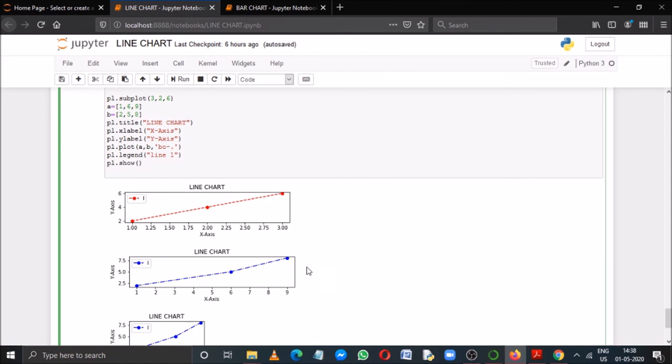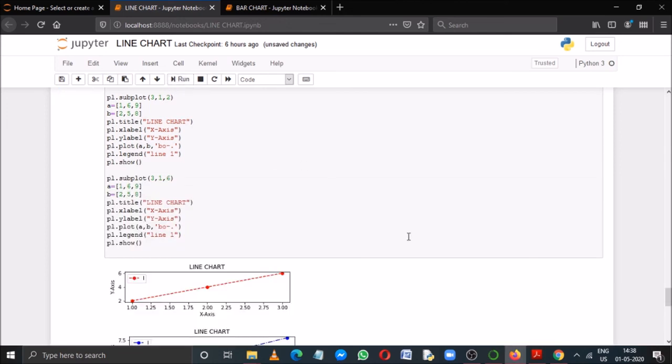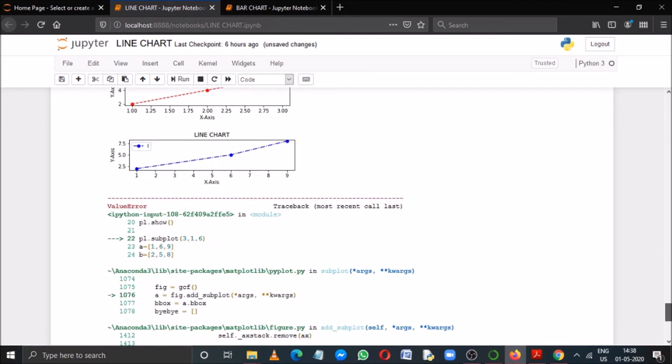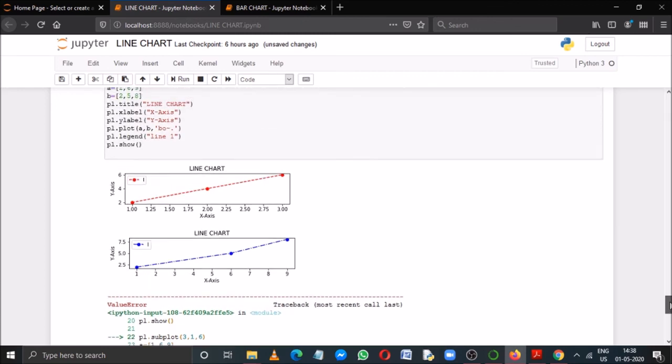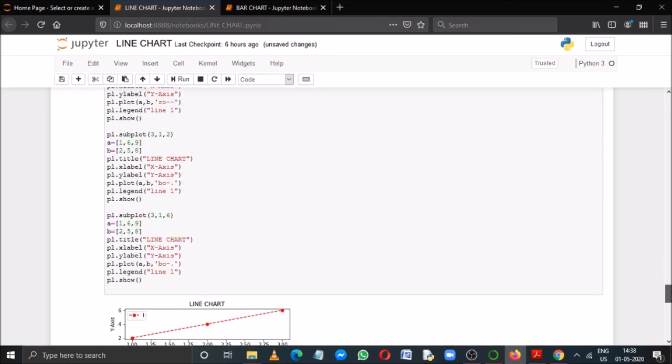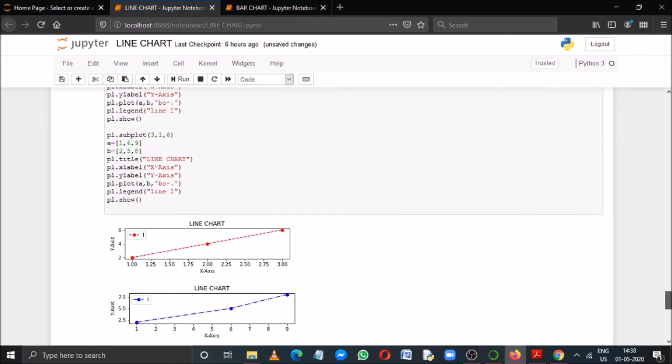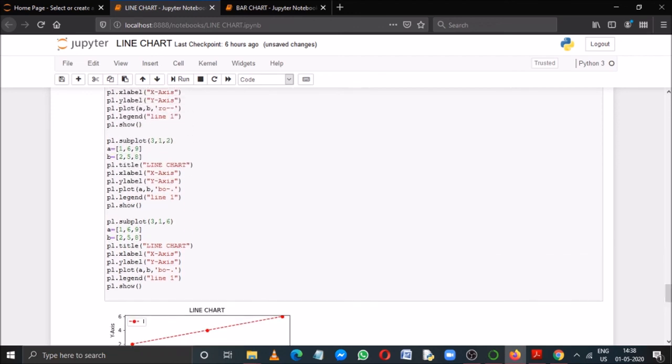Now suppose I change it a little bit, suppose I write 1 instead of 2, see what will happen. I'll get an error message because there is already another chart I have plotted in the first column. That's why it's not possible.